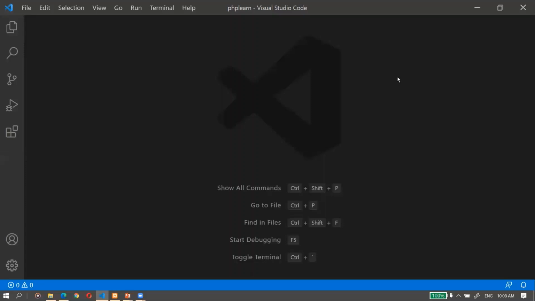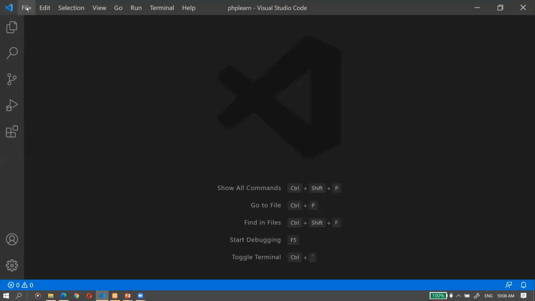Okay, so let's start. For the login username and password validation, first we need to create a form, and then we will verify the information from the database once the user presses the submit button. So this is Visual Studio Code, and now I'm going to make an HTML file in which I'll create a form and then we will try to validate it from the database. So we will make a database connection.